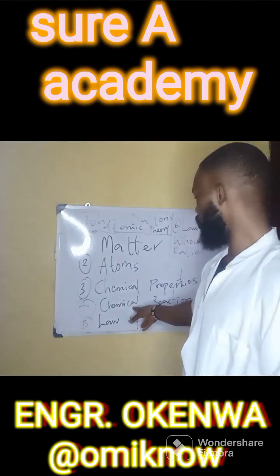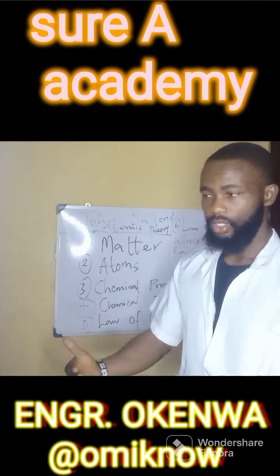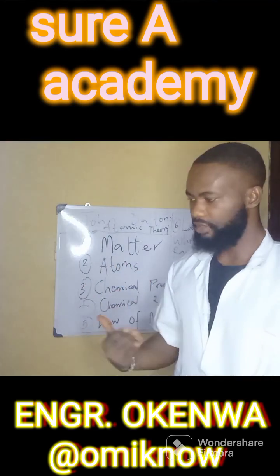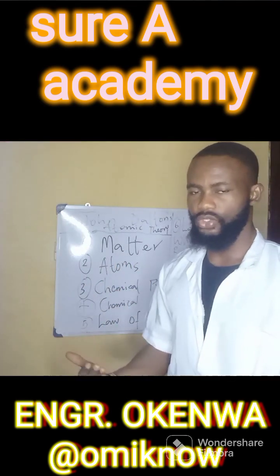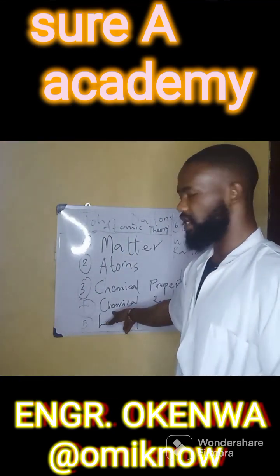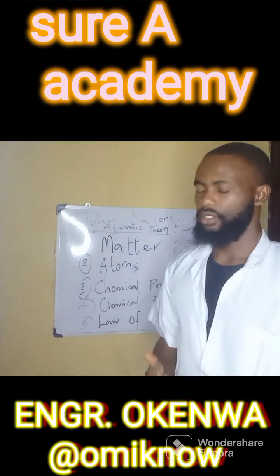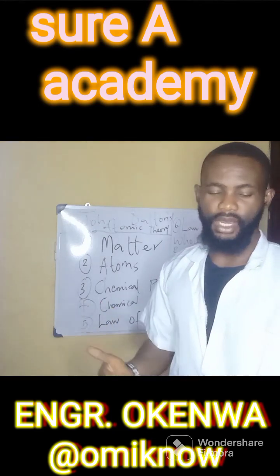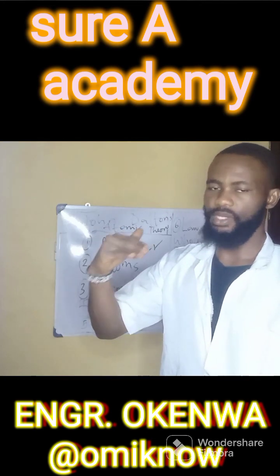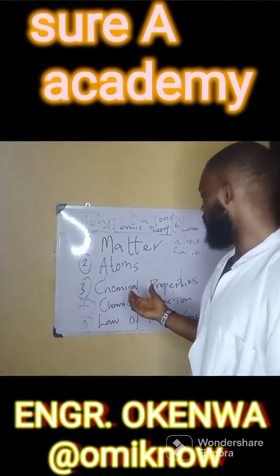So what this law is trying to tell you is that, in as much as there are now so many things you can do to realize gold and the rest by changing the protons and the neutrons inside, as at then he postulated that it's not possible, that you cannot get a whole new reaction or new chemical products by trying to mix atoms that do not have the same chemical properties. So that was it on this.